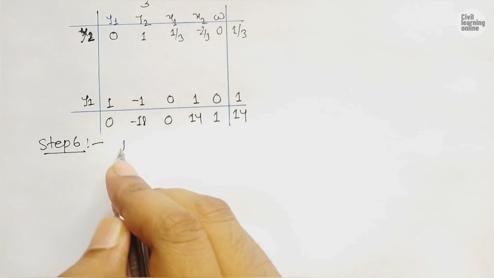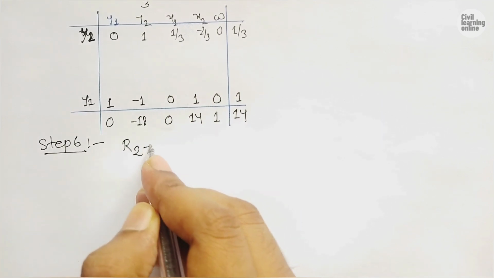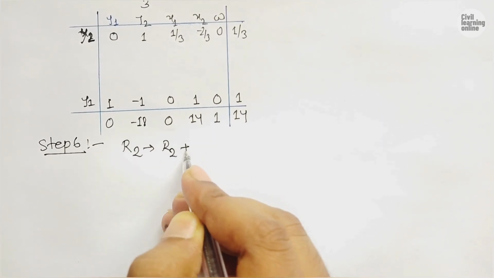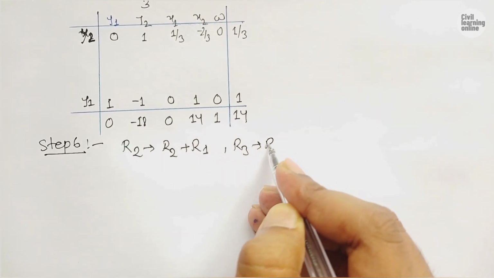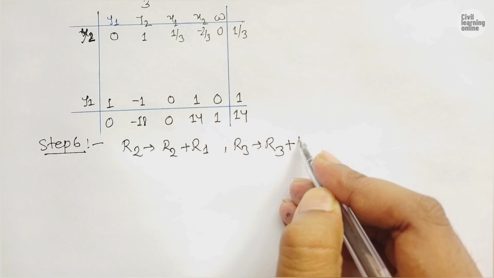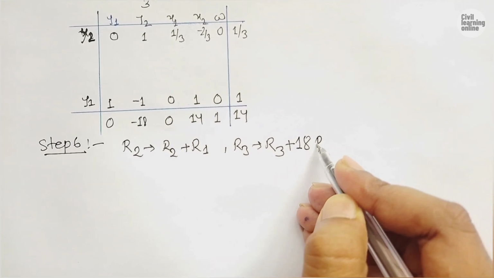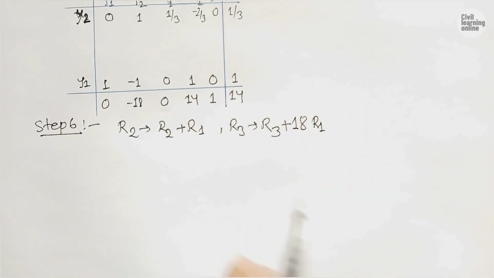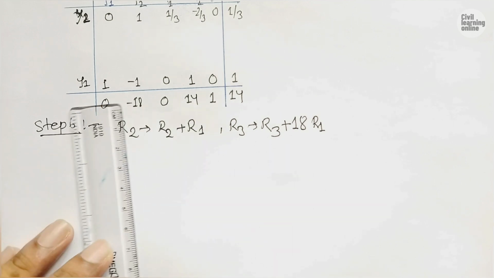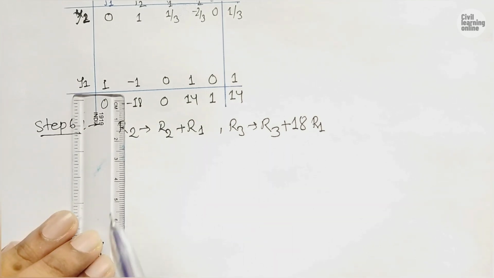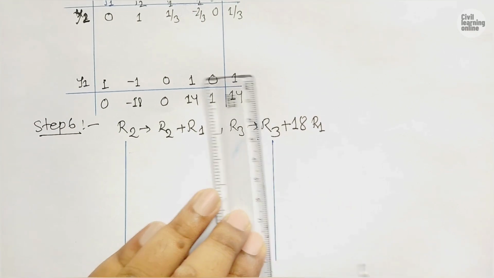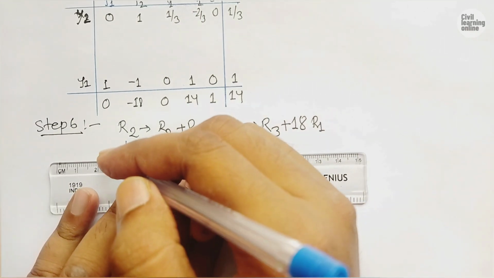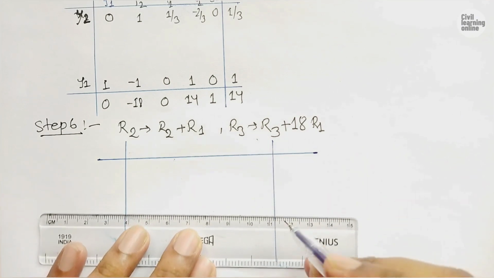If I write R2 implies R2 plus R1 and R3 implies R3 plus 18 R1. So what I did here, now what we need to do is add the elements of R1 and R2 for row 2,